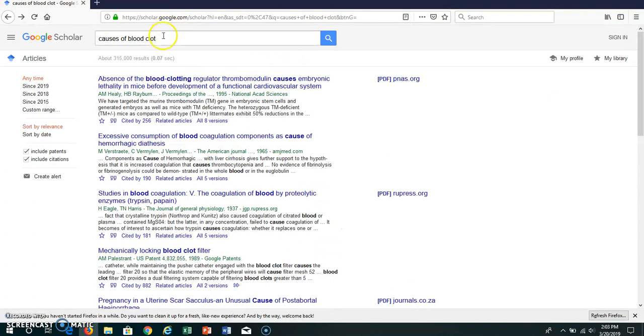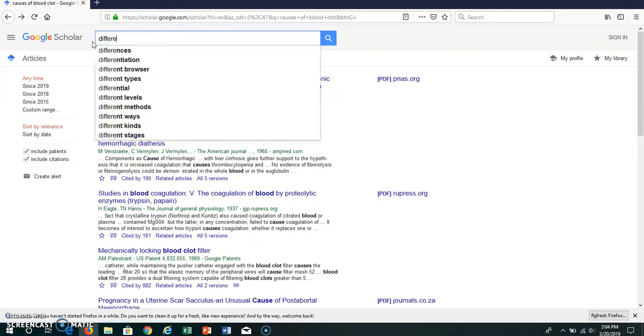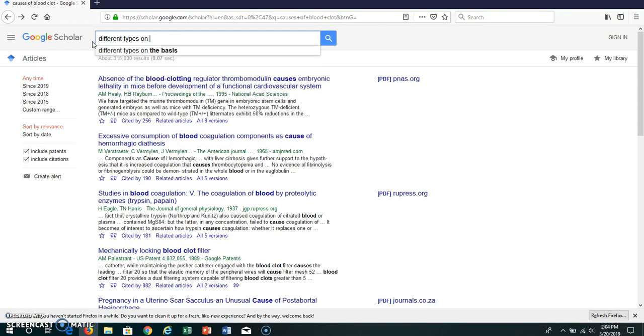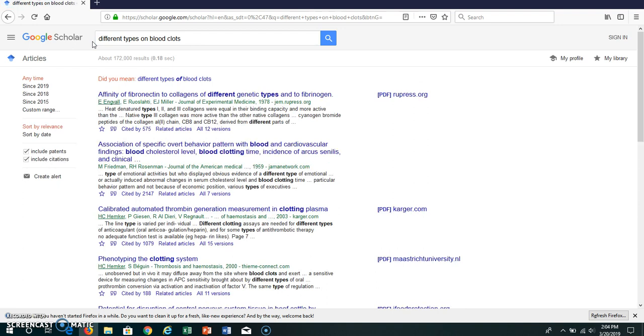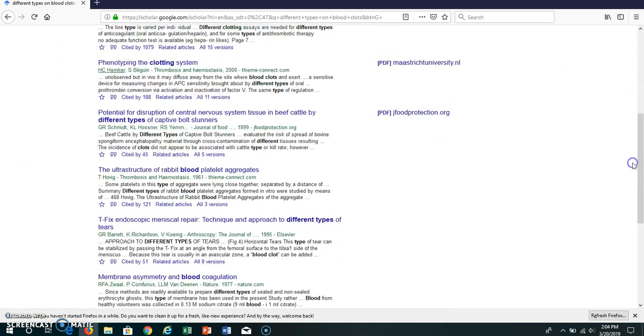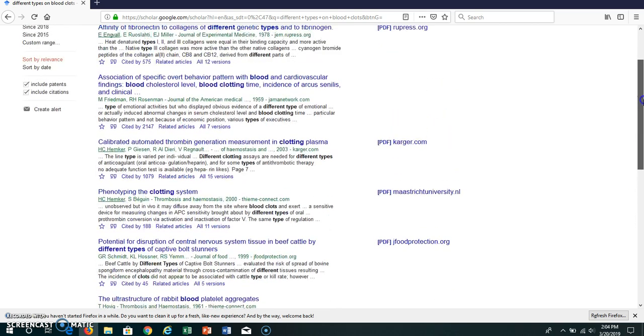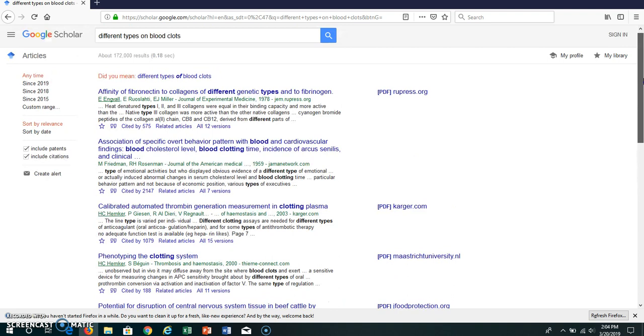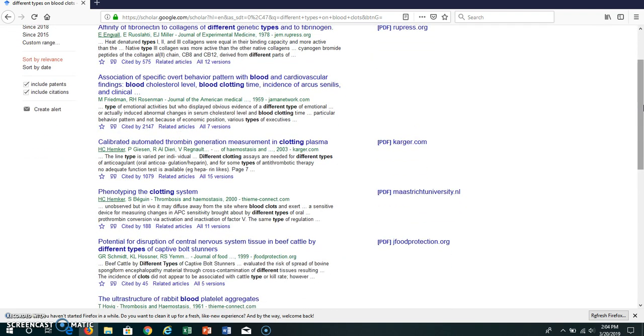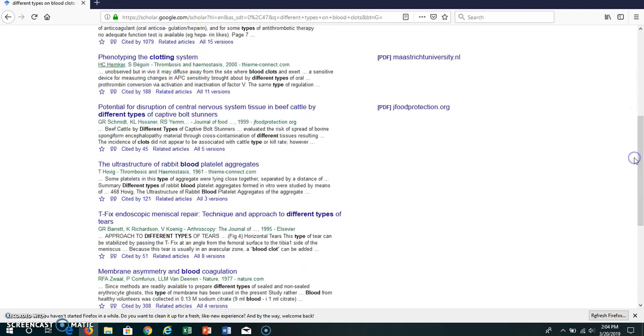This time, I would search different types of blood clots. Different types of blood clots. Okay, so it does give a lot of papers, PDFs, and again, when I'm writing a research paper, I try to look for primary sources, which can be very hard to find. So what I do is when I look through my list